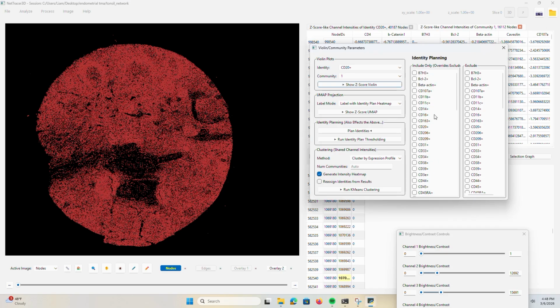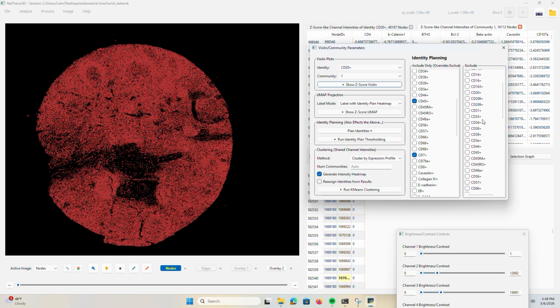So let me show you how this works. What you want to do is select markers that you would want your cells of interest to have. So I'll do CD45, I'll do CD7, and then for ones that I don't want it to have, I'll do CD3. And so this loosely describes what a natural killer cell might look like. There are some other markers that natural killer cells might have, but this is just a broad way to describe them. And then if I generate my UMAP,